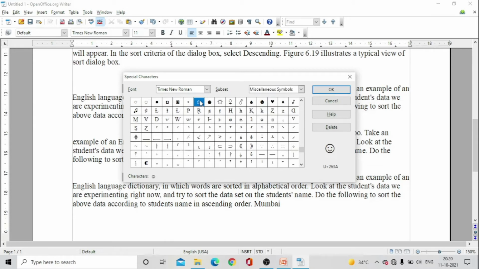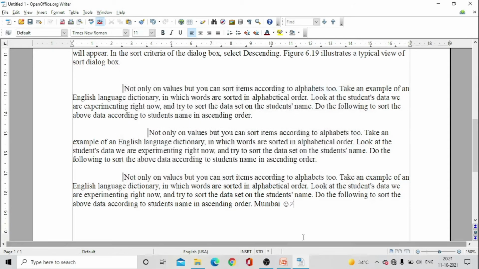Then I want to add one more character, that is divide. So I have selected these two special characters and I want to add them. As you can see in this dialog box, in the left corner where characters have been written, it is displaying the characters which we have selected. Yes, I have selected first the smiley face and then a divide sign. And in the right bottom corner, it is showing the special character which is currently being selected with its code. So I'll click OK, and as you can see, both our special characters are here.